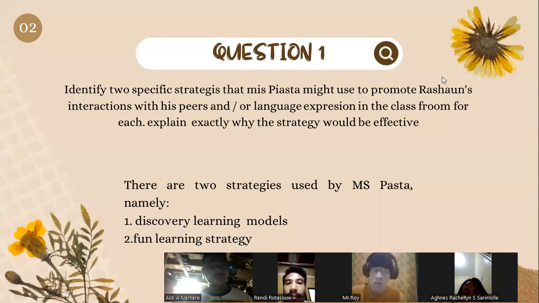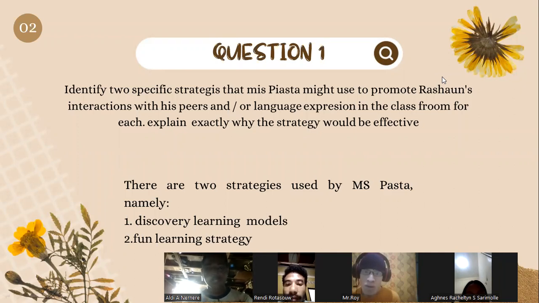Okay. Question number 1. Identify two specific strategies that Ms. Piasta might use to promote Reshound's interactions with his peers and or language experience in the classroom. For each, explain exactly why the strategy would be effective. So there are two strategies used by Ms. Piasta, namely one,